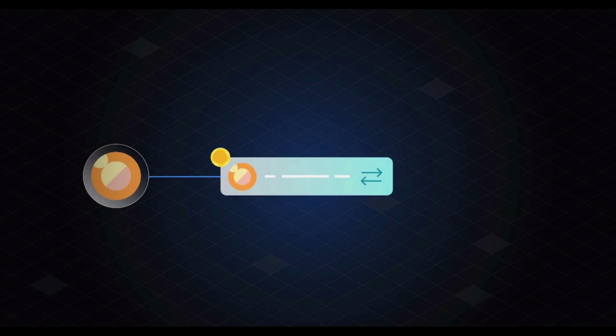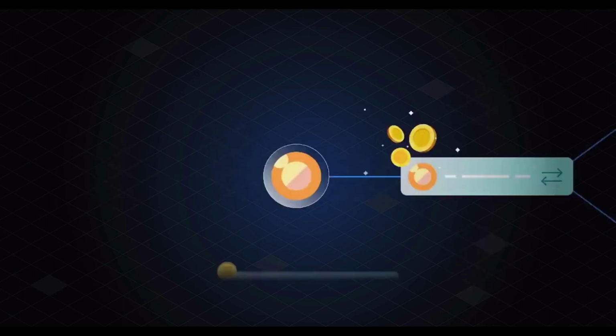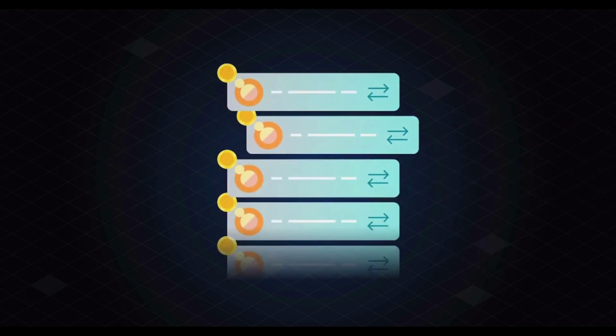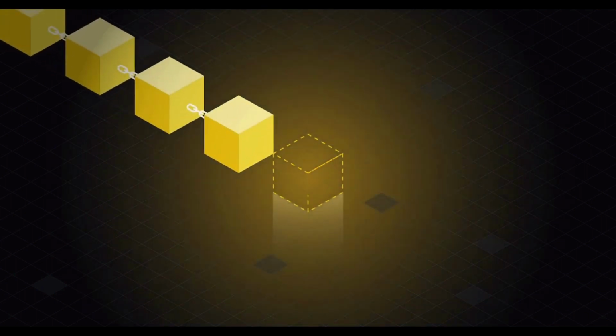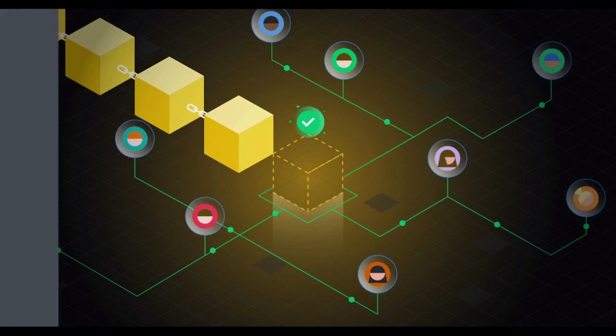So, we figured out how to stop people from spending Alice's funds. What we haven't figured out is how to prevent Alice from spending the same funds twice. How do we decide which transaction to include in the blockchain? Who decides? How do we reach a consensus decision in a distributed system? We will answer these questions in the next module.